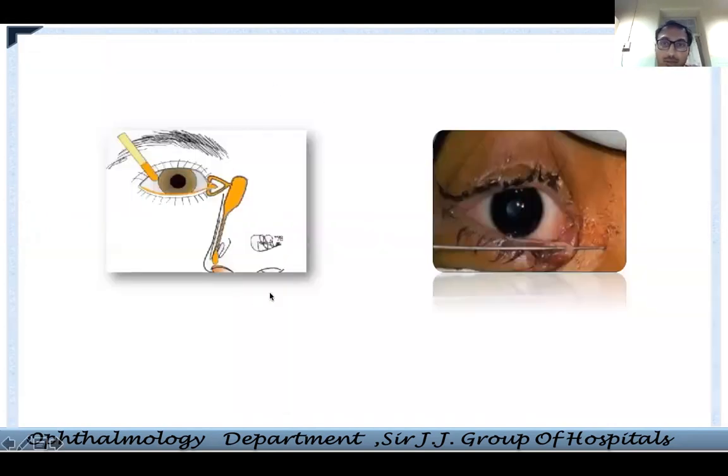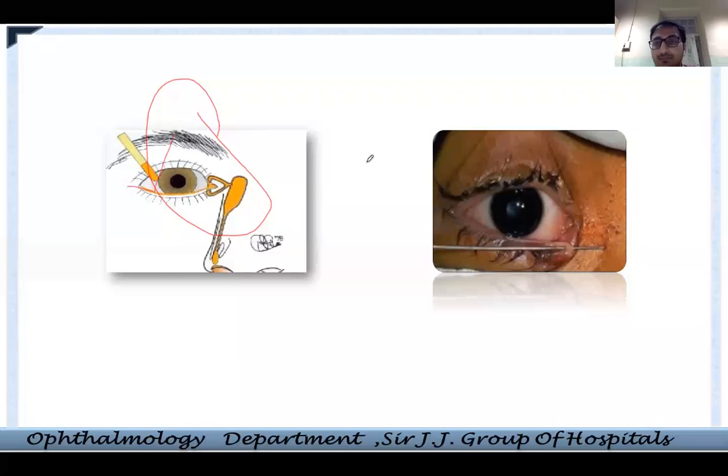Then these are some non-surface uses, but they are again important to complete the topic. You should know that you do a Jones dye test for planning of a DCR. Again, you use fluorescein, or sometimes in children to know about NLDO, you do an FDDT, fluorescein dye disappearance test. Again, you use the same thing.